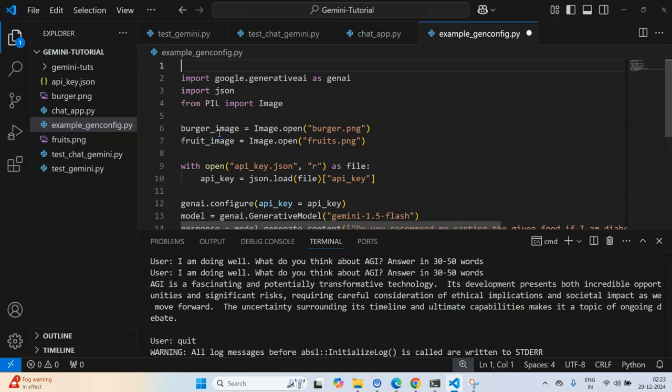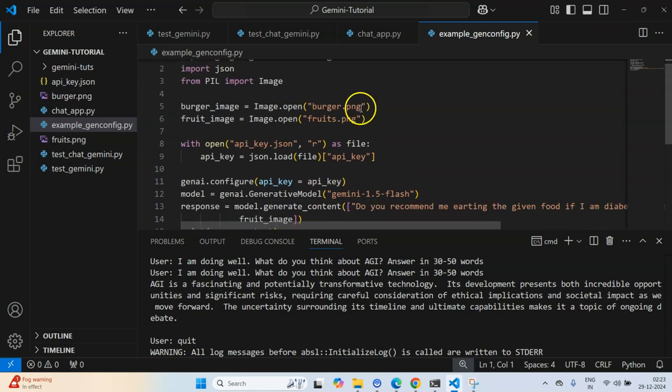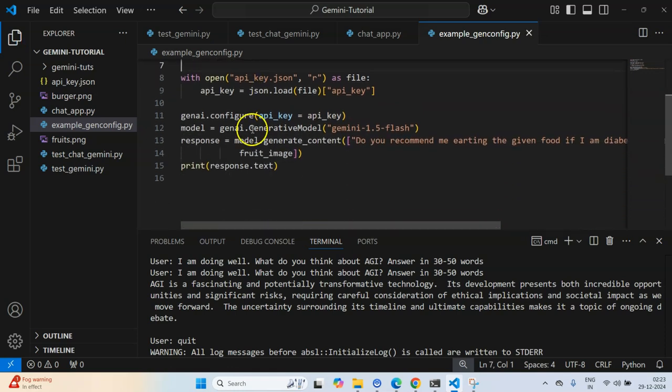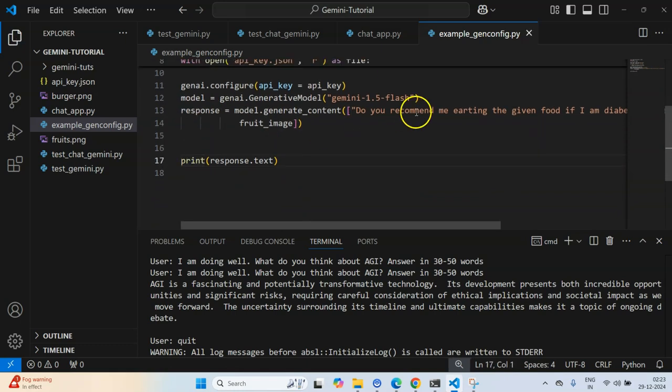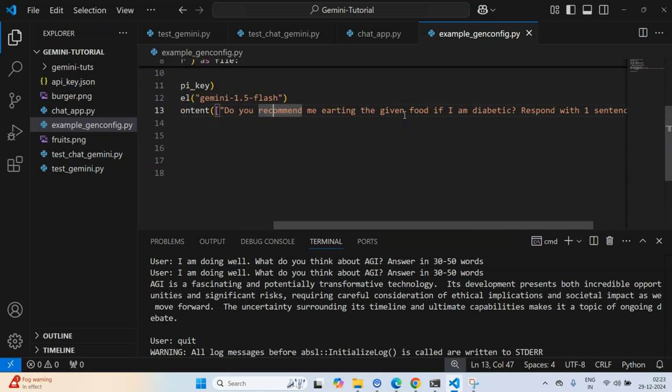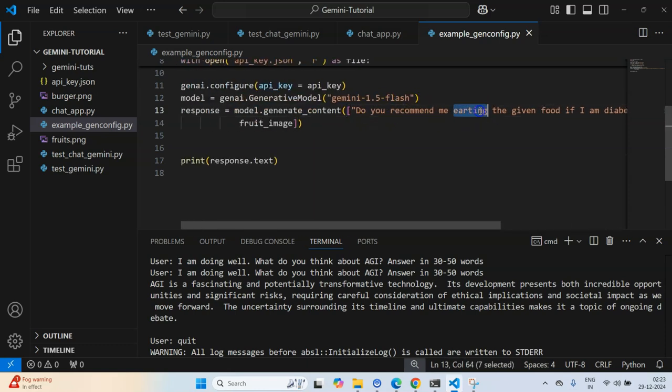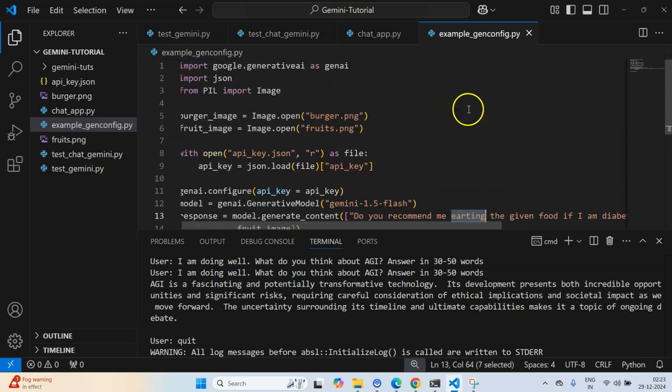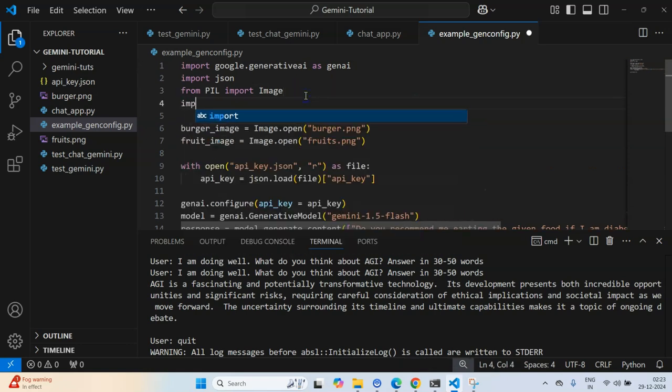Now what I can do is, first of all, import typing extensions as typing.